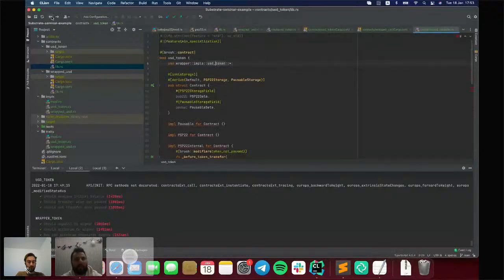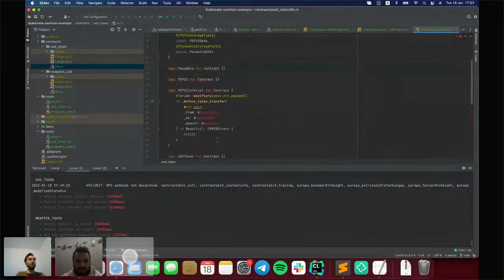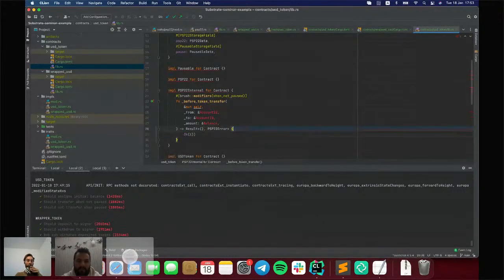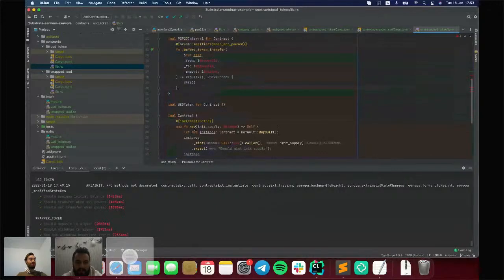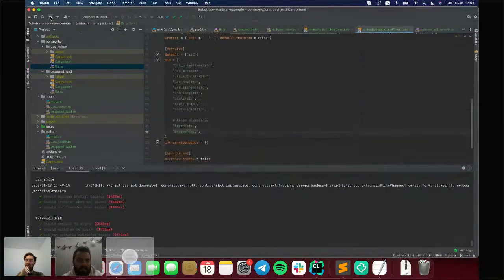So now here we can use this. Maybe not here, let's here. USD token ref, and we also have a default implementation for Pausable and PSP22. It's only an example of how you can manage imports and exports.